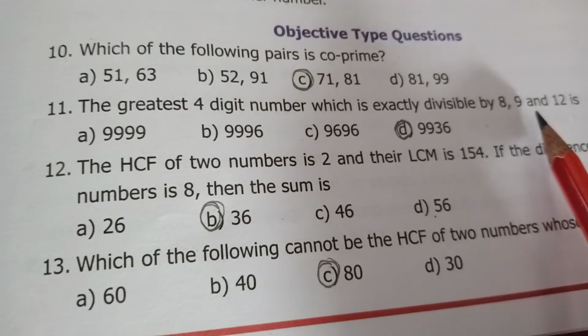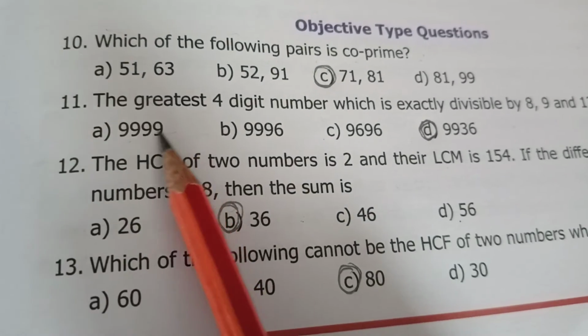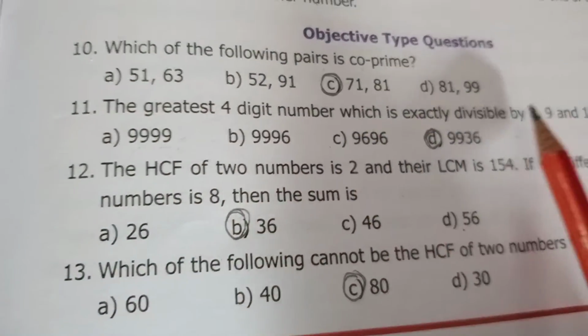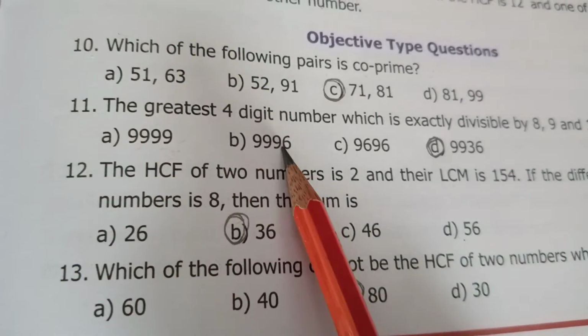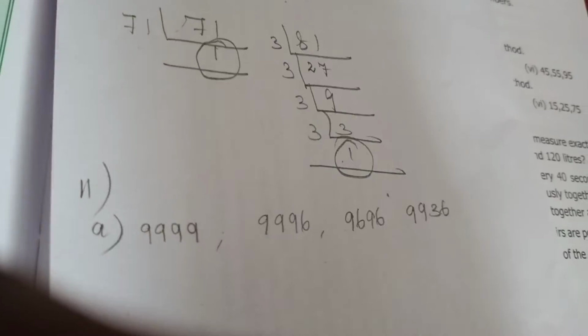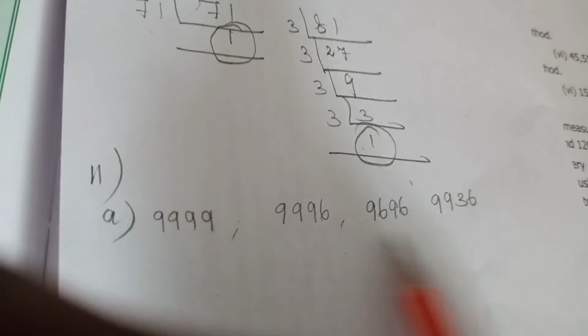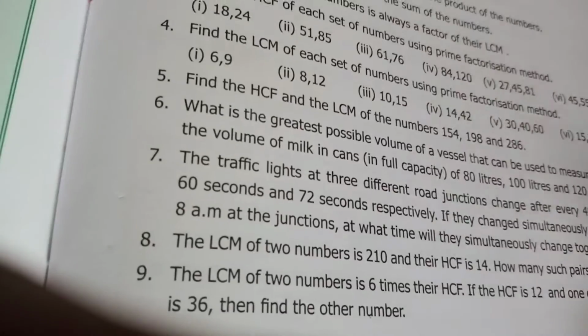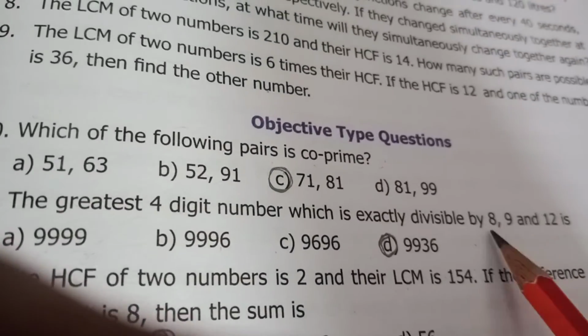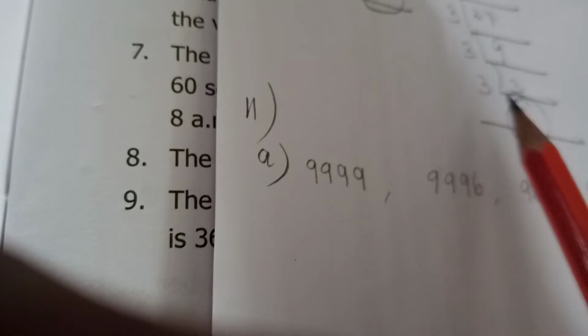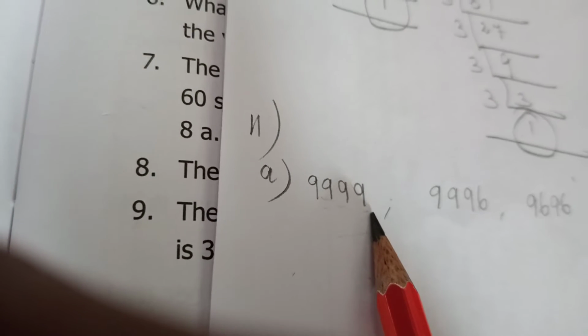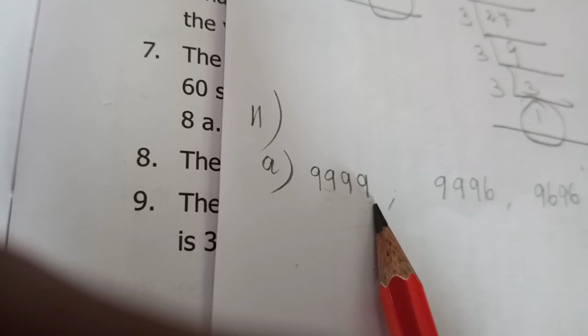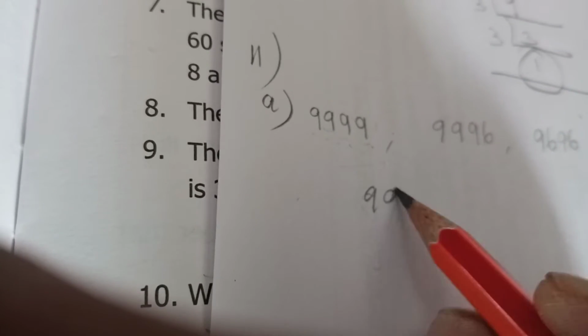See here it should be divisible by 8, 9 and 12. So here the ones place is not an even number, so it may not be divisible by 8. Now here you see, next 11th sum, this number should be divisible by the 3 numbers they have given: 8, 9 and 12. So for 8, what is the divisibility rule? If the last 3 digits number is divisible by 8, that is, if we get remainder 0, then it is divisible by 8. So let us consider the last 3 digits, 999.